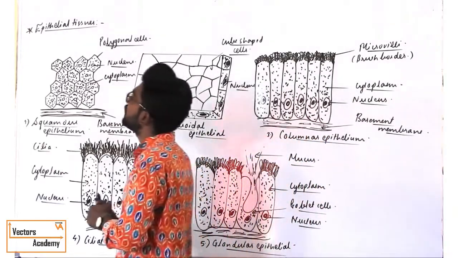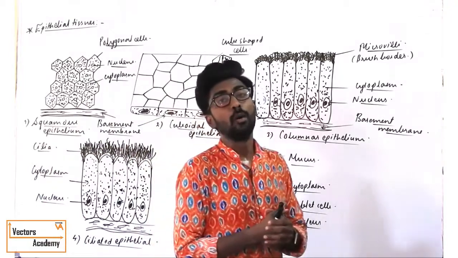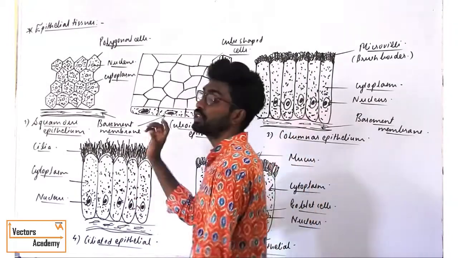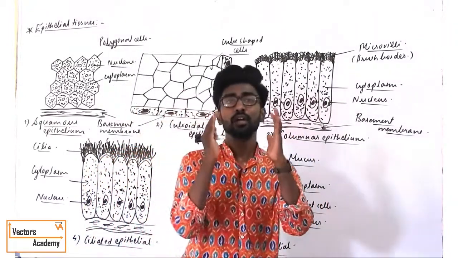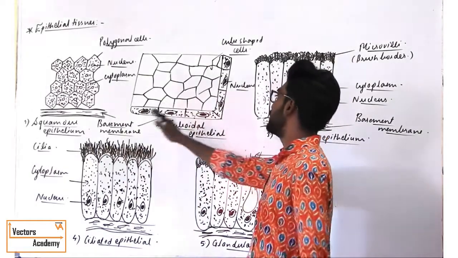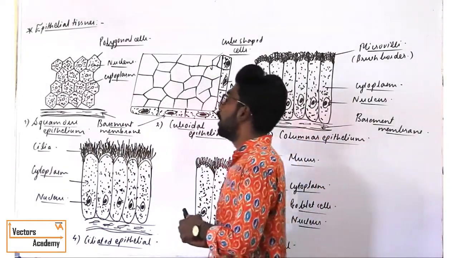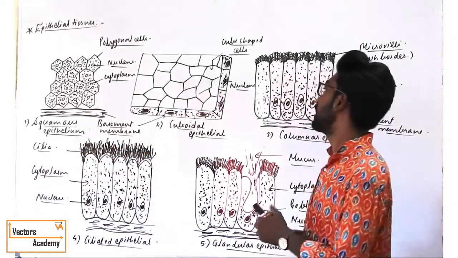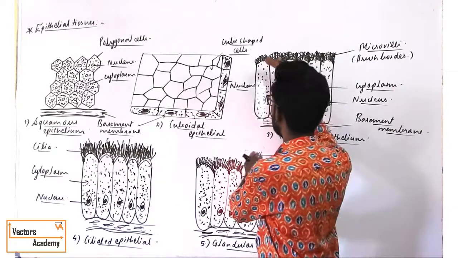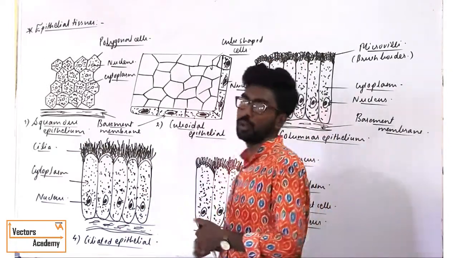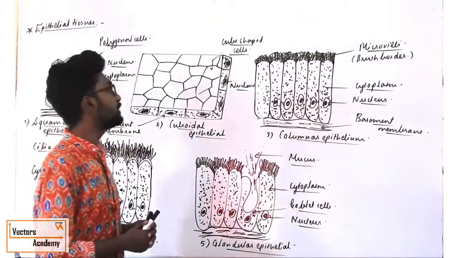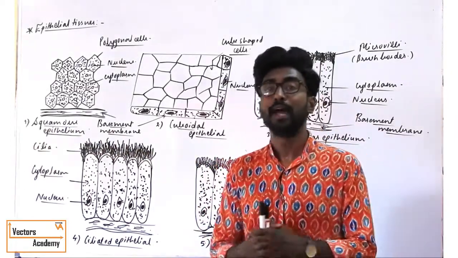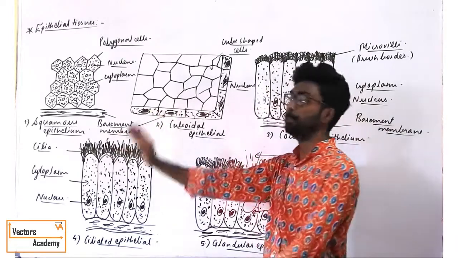Now in this epithelial tissue, the cells are compactly arranged with each other. You can see all this epithelial tissue does not contain any kind of intercellular space or gap, right? That's why the cells are compactly arranged with each other. Now the cells exhibit different forms. Some cells are polygonal, some cells are flat, some cuboidal, and some columnar or column-like or elongated cells. All these cells lie on a non-cellular membrane, and that non-cellular membrane is called basement membrane, right?